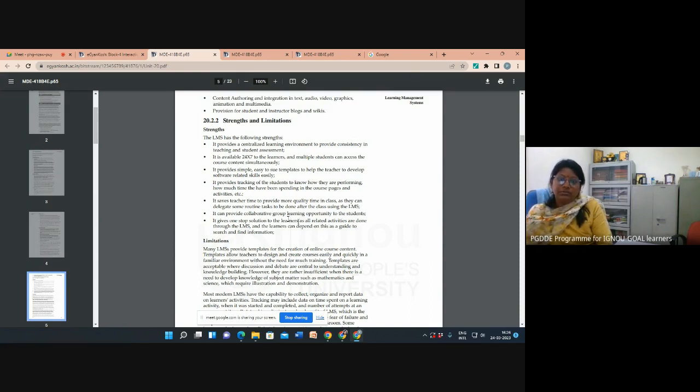A very good strength is that you can track your student. I can track you by going into the LMS. I can track each and every student: when they have logged in, who has not logged in at all, who uploaded the activity, at what time, and how many times you have viewed a particular assignment. I can see that also. It's not that I am monitoring you or being vigilant about you, it's just about a student's progress.